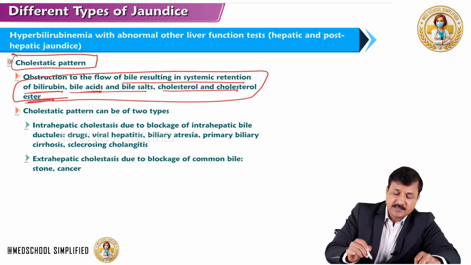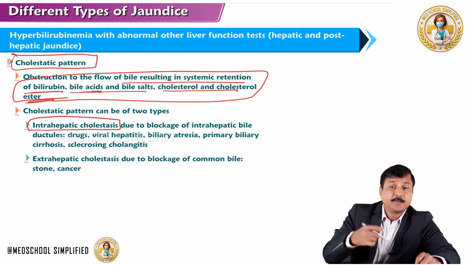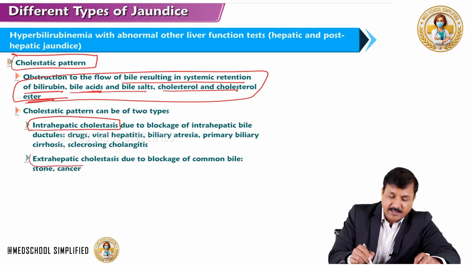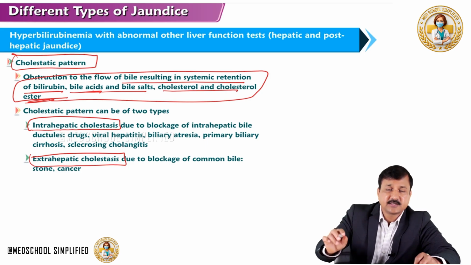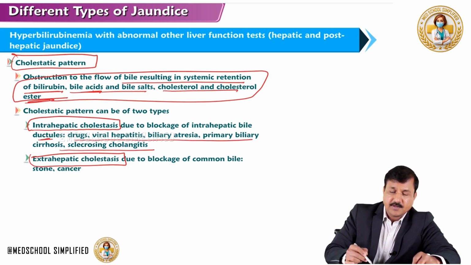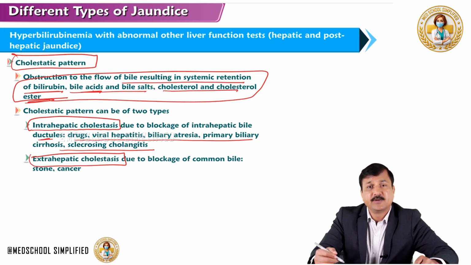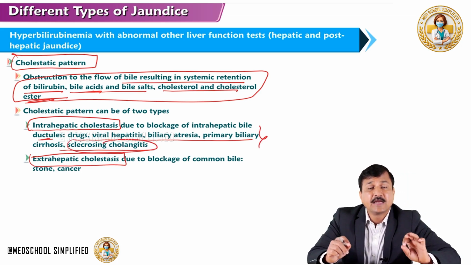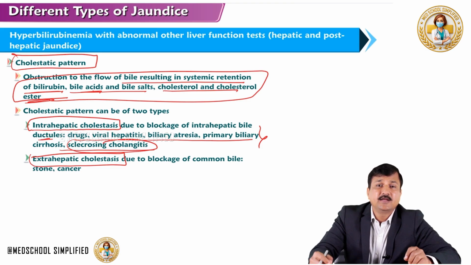So cholestatic patterns can be of two types: intrahepatic cholestasis, that means biliary canaliculi are blocked, or extrahepatic cholestasis, that is the common bile duct is blocked. Intrahepatic cholestasis, where intrahepatic biliary ductules are blocked, is caused by some drugs, viral hepatitis, biliary atresia, primary biliary cirrhosis, sclerosing cholangitis. All these are causes for intrahepatic biliary duct